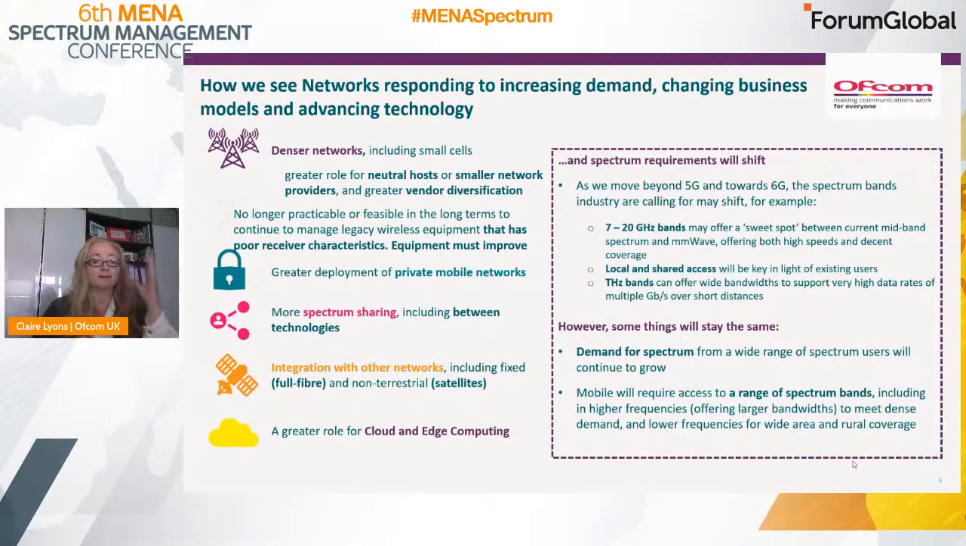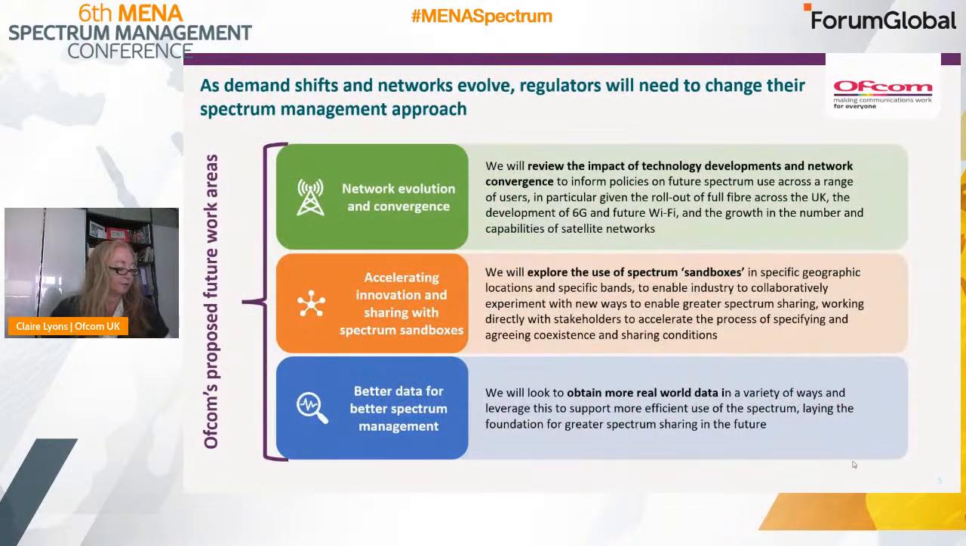I'm being given a timing warning. So the other one was about including international standards and technological equipment, and how can we make sure that the equipment is fit for purpose in different scenarios? Because one of the things we found was that sharing was limited by poor receiver performance in different bands and different frequencies. If we go to the next slide very quickly, we looked at how networks are looking to increase